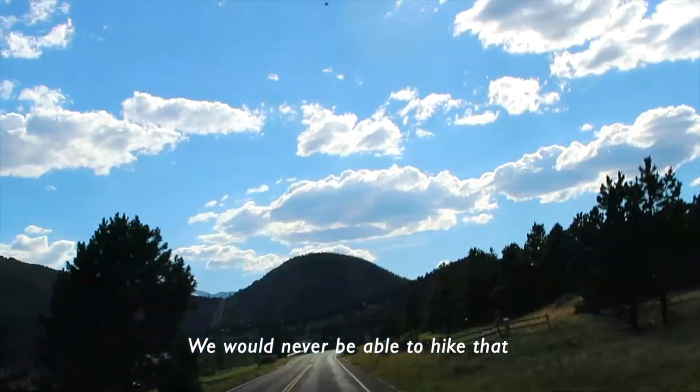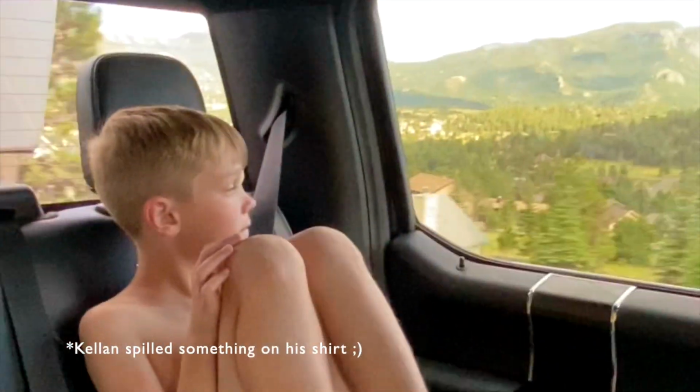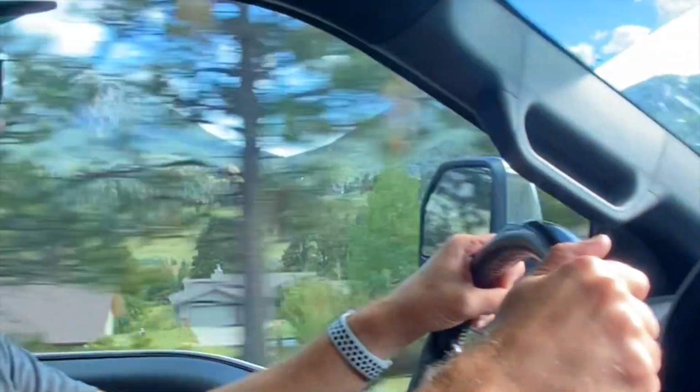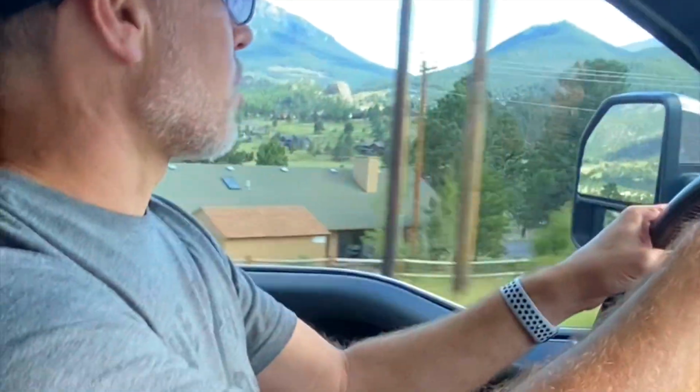We would never be able to hike that. It's unreal. Can you even see that, buddy? I don't even see roads to get to them. It just looks like there's just houses in the grass. Yeah. It's like, how do you get there? I'm sure there is. It's just...